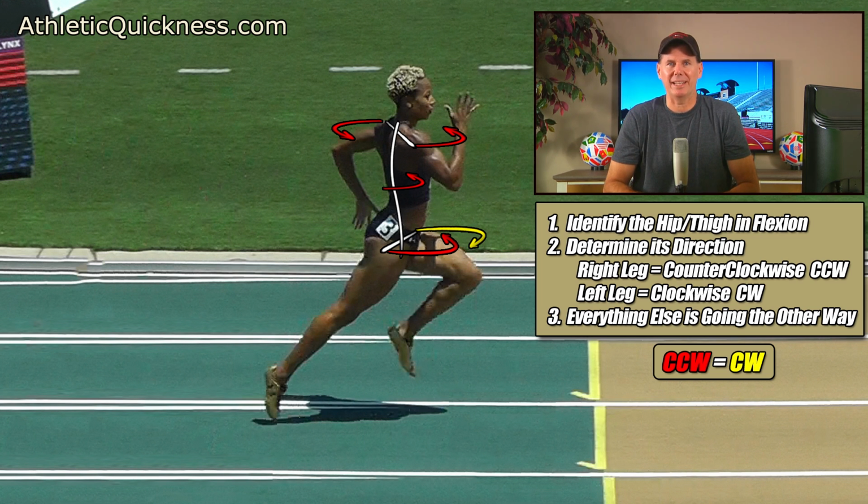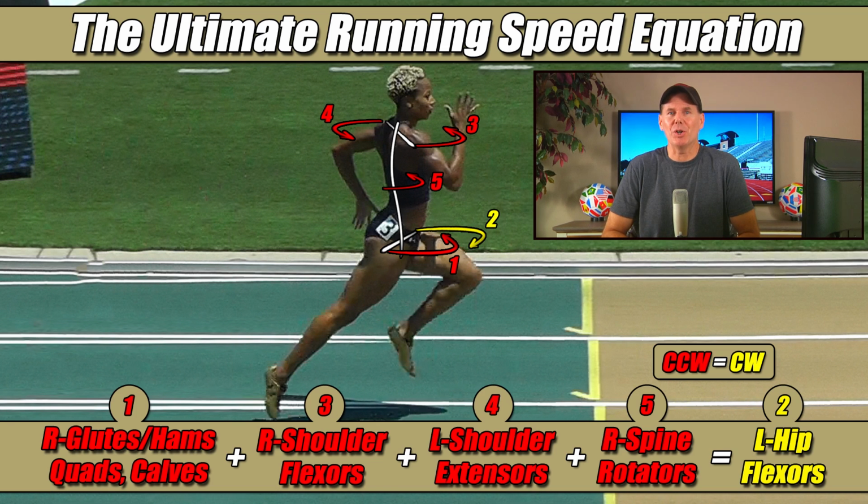her now in red. And here is your ultimate running speed equation in action once more, showing this athlete's torque pattern and all of the muscles she is using to produce it. Now, before moving on to our next athlete, I want to bring up another question I get a lot when people see this ultimate running speed equation, and it has to deal with the glutes and hams, quads, and calves. As a group, these muscles are arguably the strongest in the body, and so some people have a